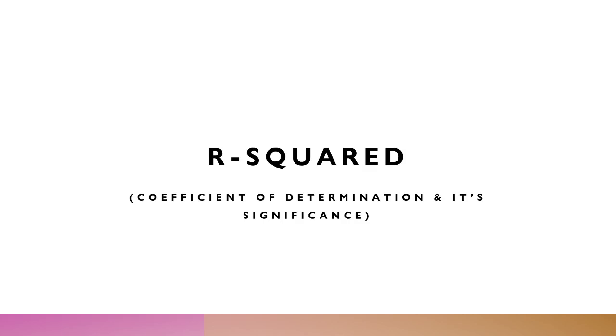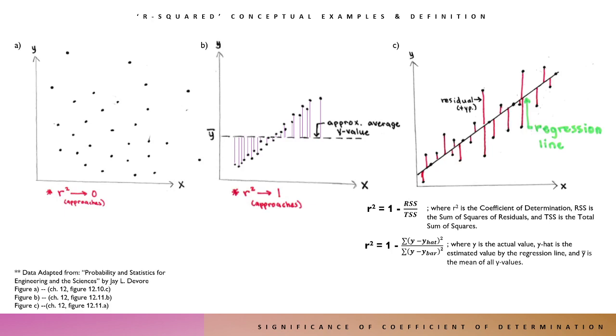Let's examine the conceptual significance of the coefficient of determination as well as address some engineering applications, specifically in a quasi-civil engineering setting. R squared is a statistic that essentially gives us quantifiable verification of our visual intuition or lack thereof regarding the proportionate amount or percentage of variation for a dependent variable that is explained by one or more independent variables. The dependent variable is often described as the response variable, and the independent variable is often described as